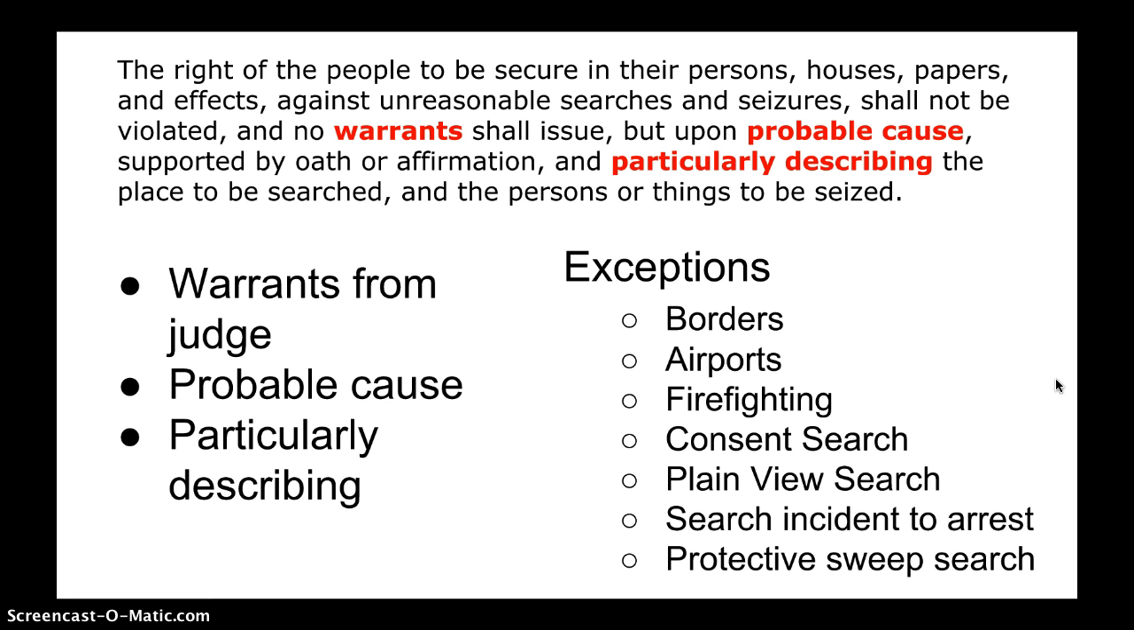Could a person be hiding in a closet? Absolutely. So then if something is found in plain view in a closet while they're looking for the accomplice, that's totally fine as well. So no warrants are needed at borders, in airports, during firefighting. If someone gives